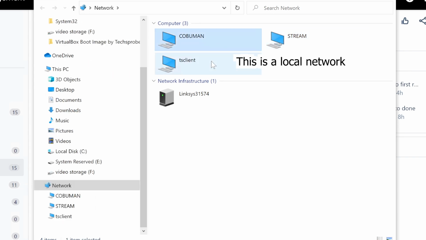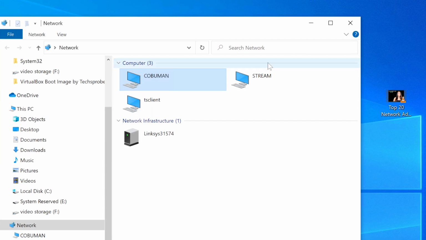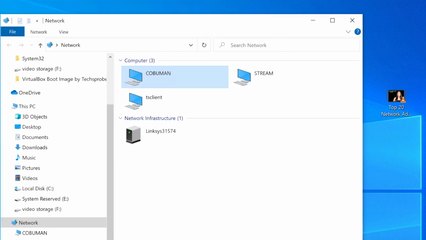All three of these, right? All three of these are considered your local network. So anything outside of that, meaning the internet, does not have access to these computers, unless you install some specific software or open up the firewall so they can access it. You know how you connect to a new network and you get a pop-up.